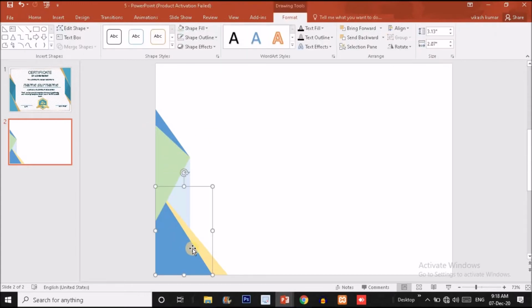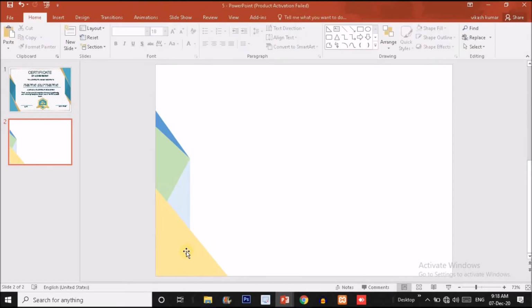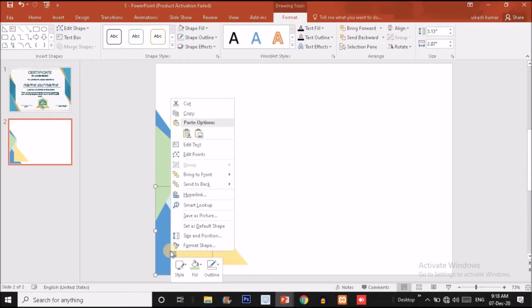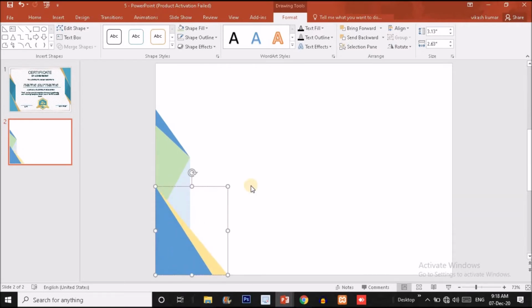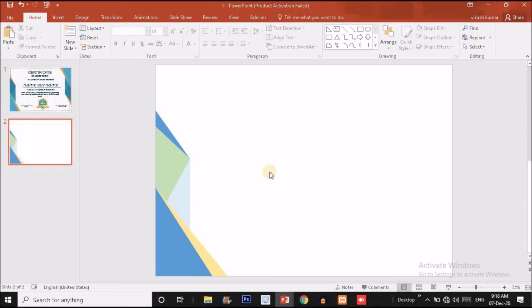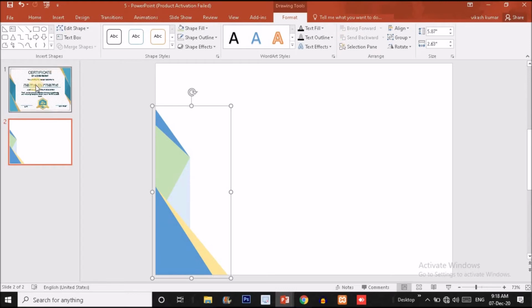So now you have to bring this orange triangle to front, and after this you have to bring this blue triangle in front. Now it's done guys. So now I will select all these shapes and press Ctrl G to make a single group.